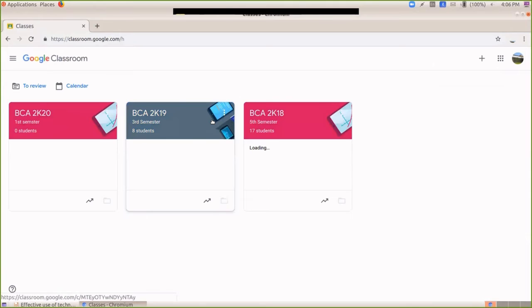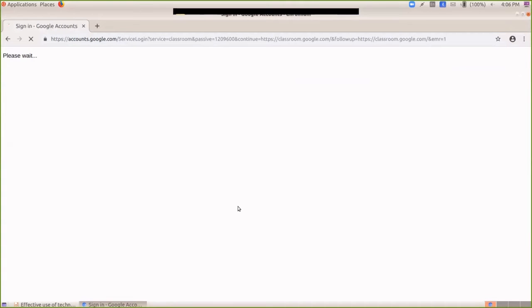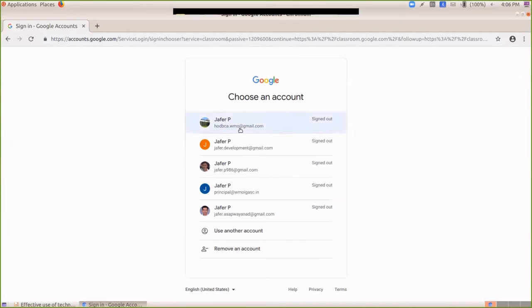If you have already logged into Classroom, you don't have to log in again. But I will show you, suppose you are not logged in. So let's see that first. I'm going to sign out. I want to use any of these emails to log into Google Classroom. If you have an email ID, you can log in. Last session we have seen that. So I am using my personal email ID called